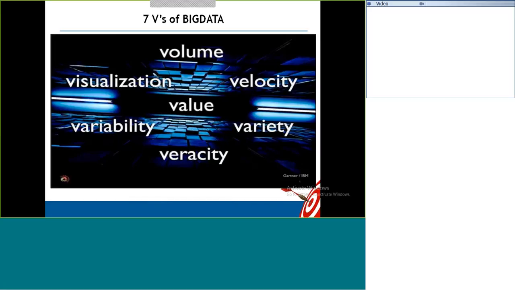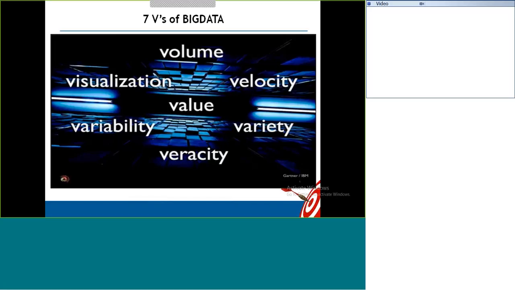Okay, so the velocity is the rate at which the data flows, the faster rate. So your systems are not able to process that much big data. And then variety of the data, like structured data, semi-structured data, and unstructured data. It varies based on what kind of data you are processing. Unstructured data will take a lot of memory and storage space in order to store and process the data. And then a large volume of the data is in that format.